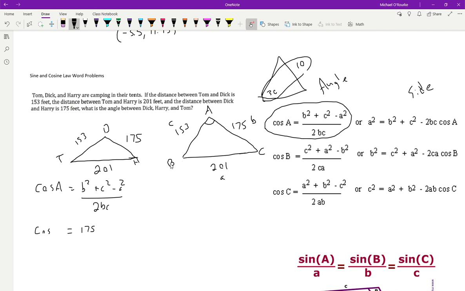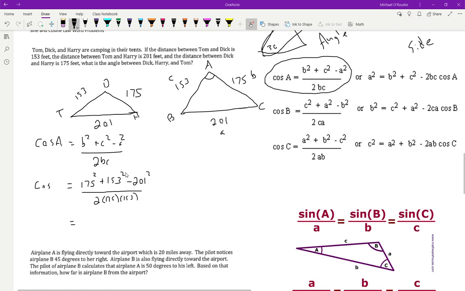So this is angle B, since I put a big B on this vertex, so my side's going to be the opposite. Plus 153, these are both squared, minus 201 squared, divided by 2 times B, which is 175, times 153, equals,